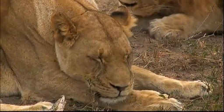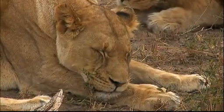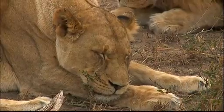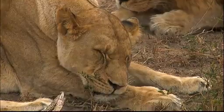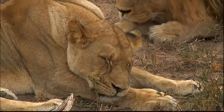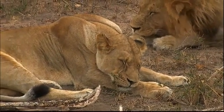Oh, there we go. A good leg rest. Now, you're not supposed to have favorites out in the bush, but you always do. And this particular lioness is definitely my favorite out of all the Nkahuma ladies. We call her Amber Eyes, for those who are new. She's got absolutely exquisite eyes, slightly different color from